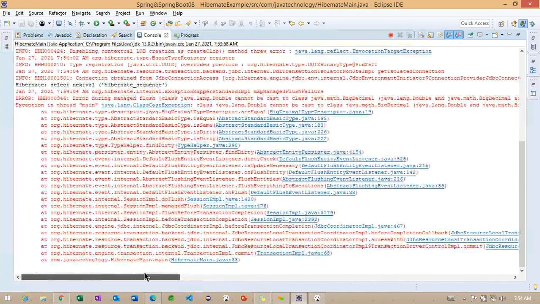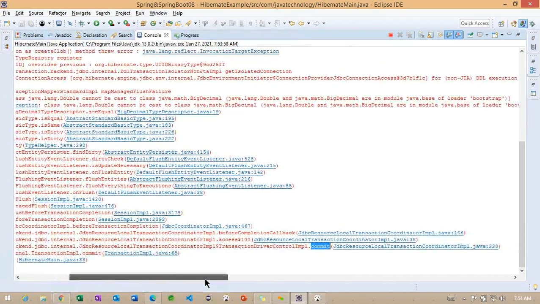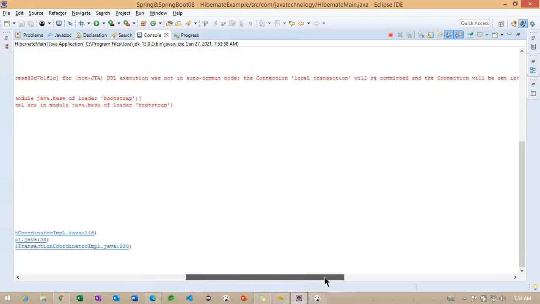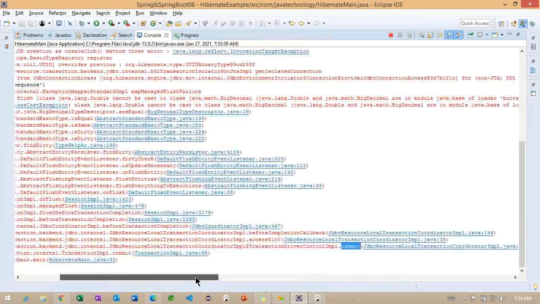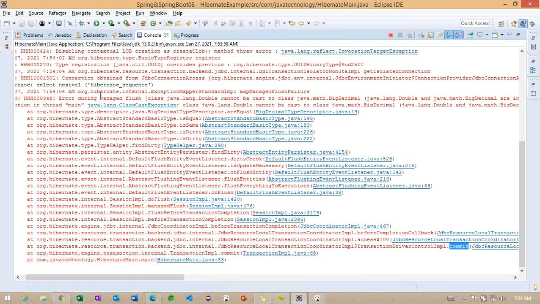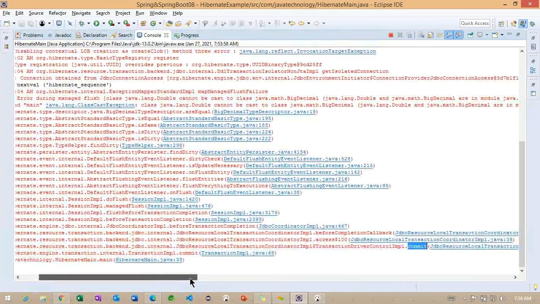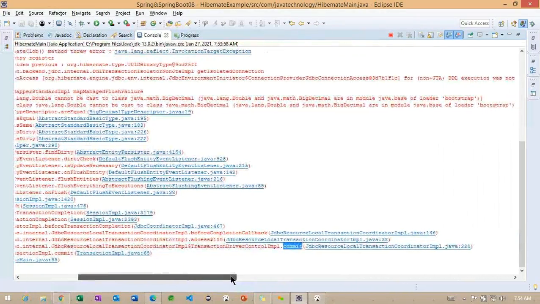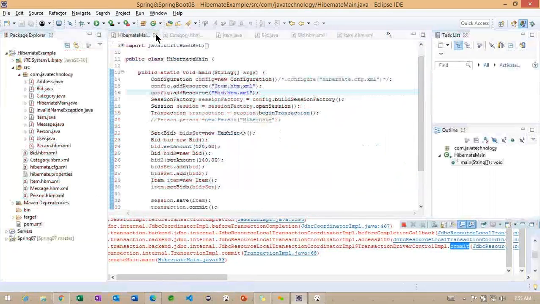Okay, here we are getting the ClassCastException. So this is nothing but a data type mismatch here. During the managed flush, cannot be cast to BigDecimal, double, and math BigDecimal. Okay, let me change where we are using that.